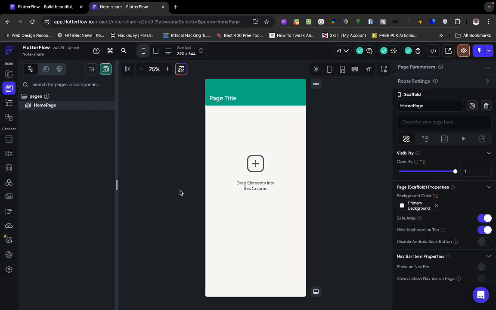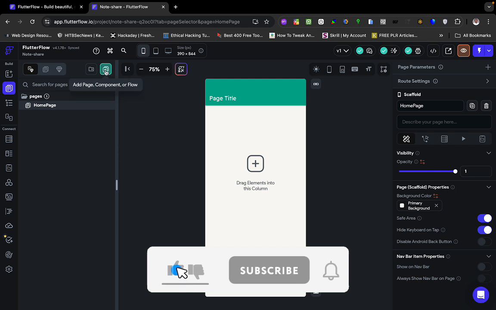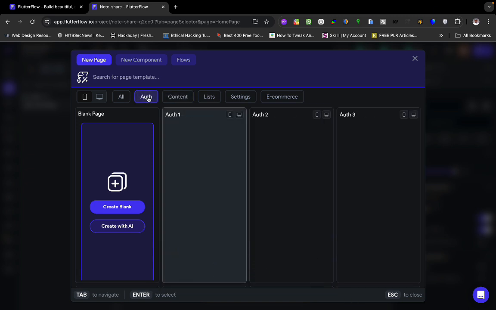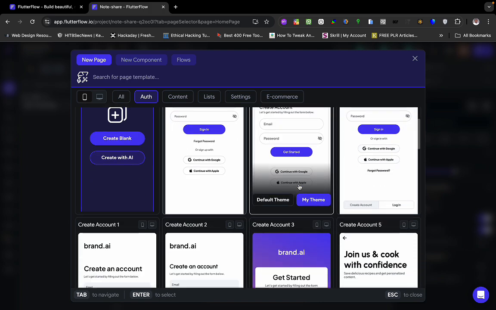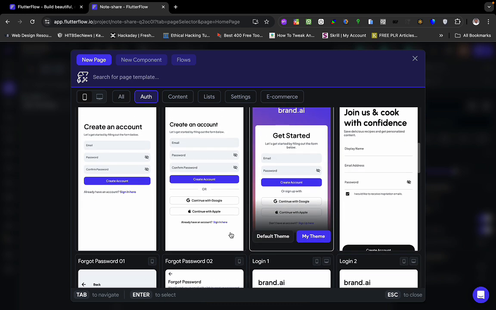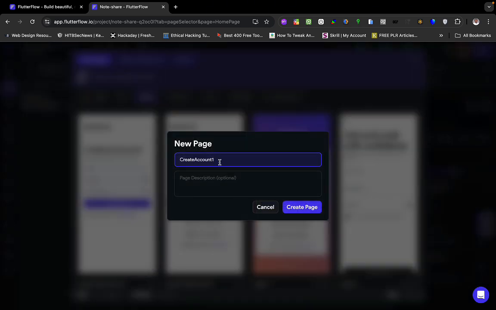If we go to our project, this is it here, and these are the pages. We click here, and this is where you add a new page. I'm going to use the templates from FlutterFlow. I'm going to look for auth, and for one of the designs here. Let's use this to create an account. So for sign up, we name it sign up